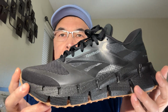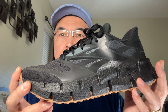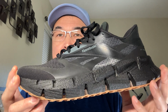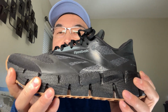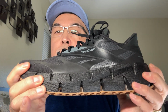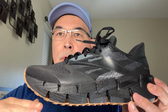First off, I bought this shoe on Reebok. It retails at $130. I was able to get 50% off with my military discount. So I paid $65 for the shoe. It has a TPU-based midsole. And if you ever had a Saucony shoe, and I've got Saucony shoes, it's sort of like beaded foam. The feeling of it is a little firm, but based on my weight, it doesn't feel uncomfortable,